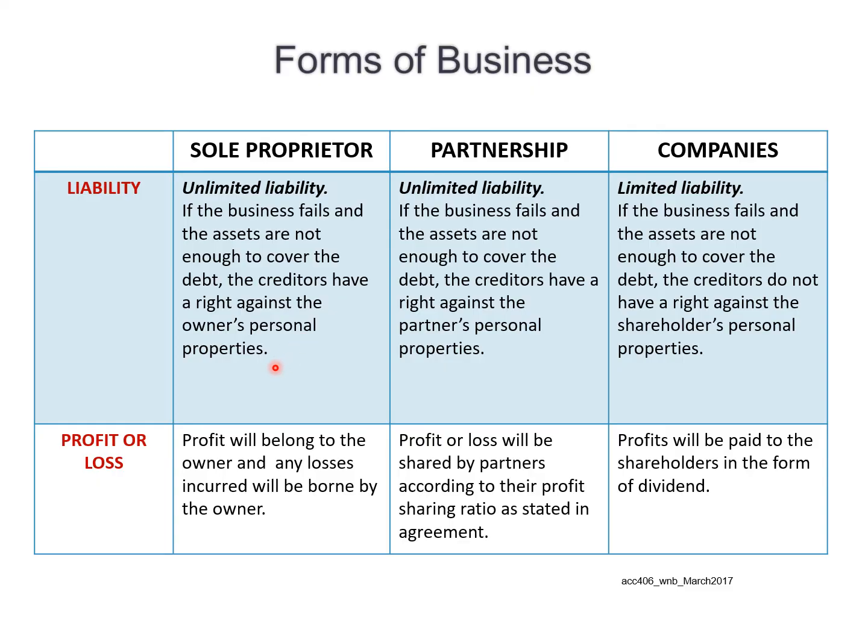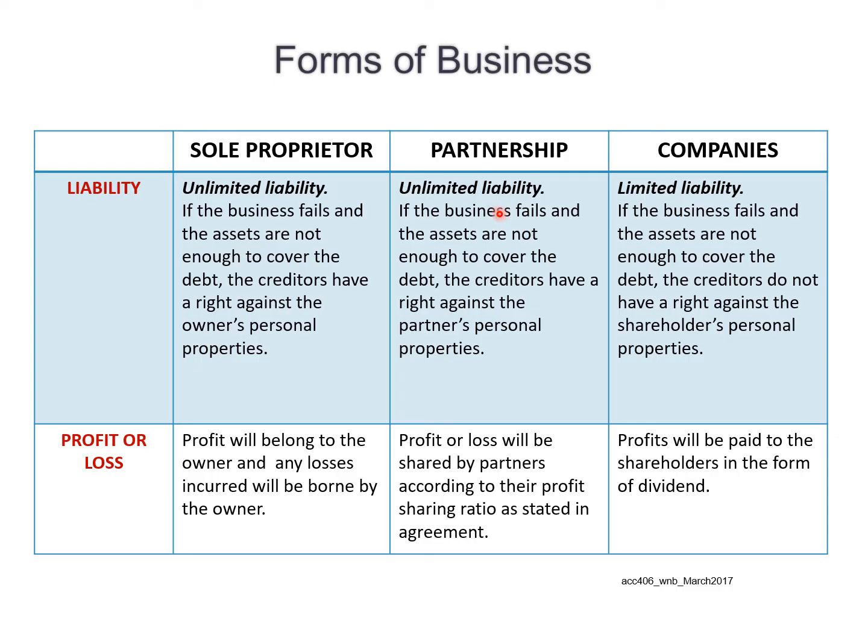Okay, which means kalau lah let's say kita berniaga goreng pisang, lepas tu kita banyak hutang dengan orang, lepas tu kita jual tak laku, which means hutang tu kita tak dapat nak recover, right? So kita kena bayar hutang tu dengan menjual aset kita yang ada, contoh jual lah kuali yang ada, gerai yang ada, semua-semua aset yang ada. Kalau tak cukup juga, then the creditor tu boleh datang ke rumah kita ataupun ambil duit dalam bank kita yang personal. So, itu maksudnya unlimited, tidak terhad. Sama juga dengan partnership. Partnership pun unlimited juga.